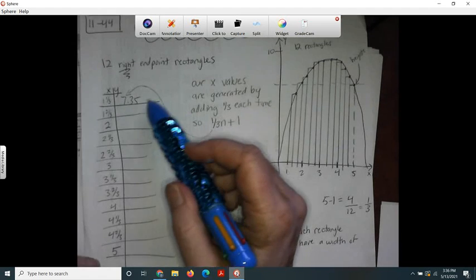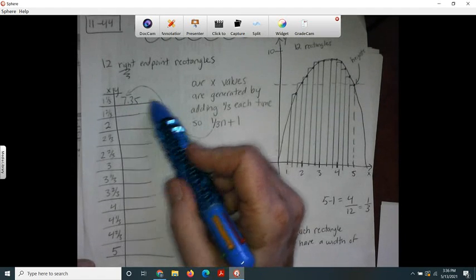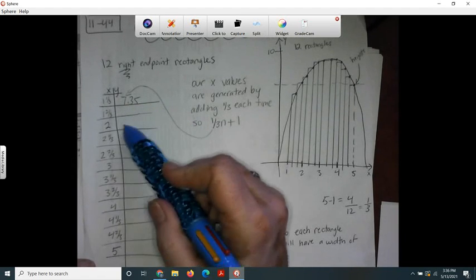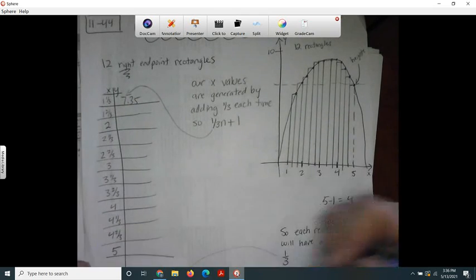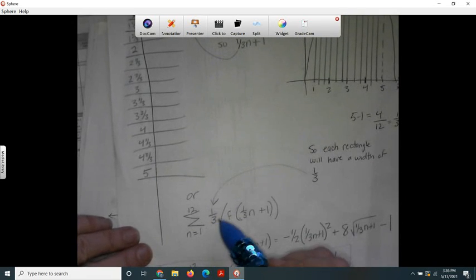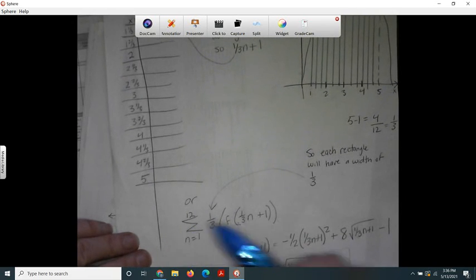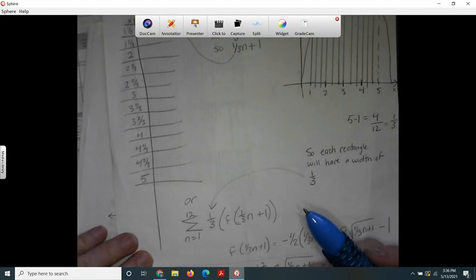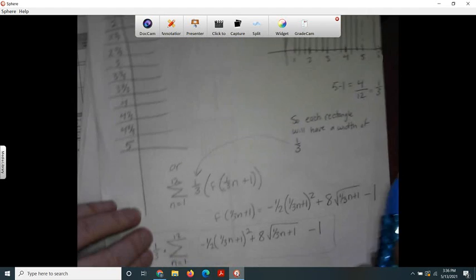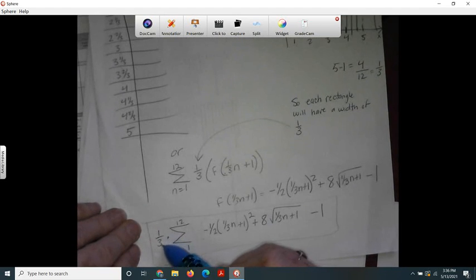So what I do is I'm going to take the 1/3 and put it outside my summation. So I want to add up all the numbers first and then multiply them by 1/3. So I ended up taking the 1/3 out, and then, well, f of 1/3 n plus 1, where on earth did the answer key get that? Well, that's how I got these numbers,